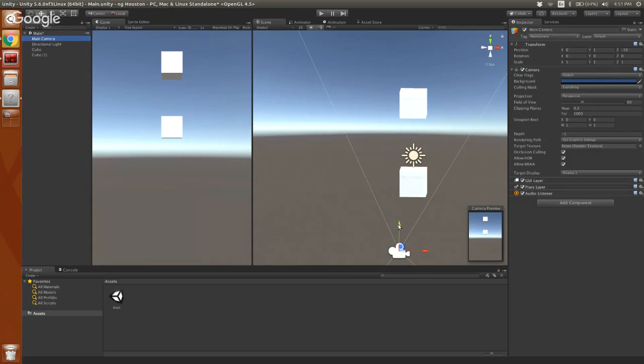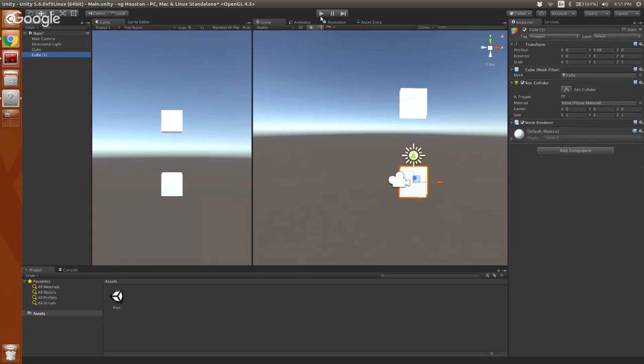And then to center this all, I'll move my camera up a little bit so we can now see our two cubes really, really well. Again, now, if we hit play, nothing happens because we haven't actually told the game, hey, do gravity, do anything. So we need to go to that top cube, the one that we want to fall onto the bottom cube.